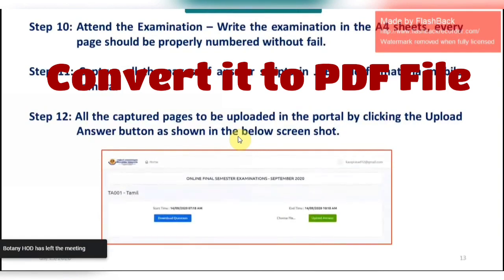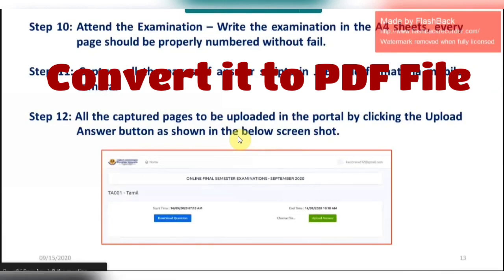After capturing, all the captured pages must be numbered as page 1, page 2, page 3, page 4, page 5, page 6, etc.